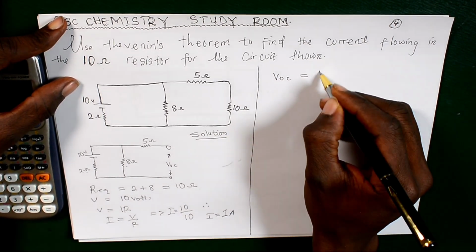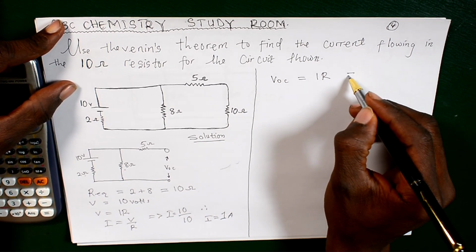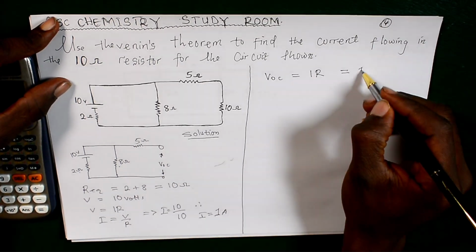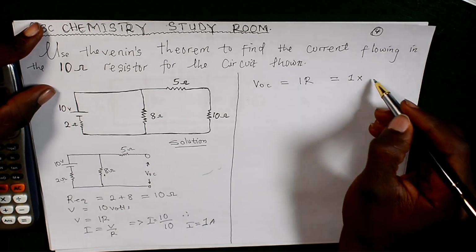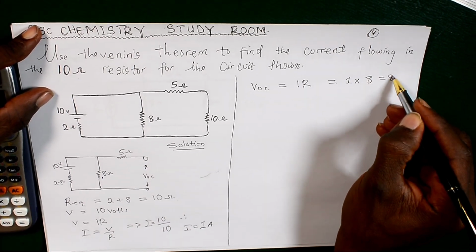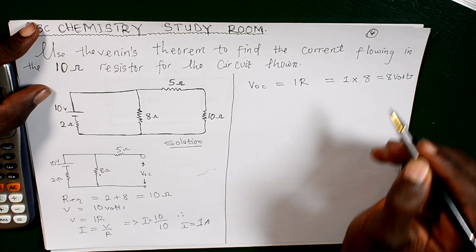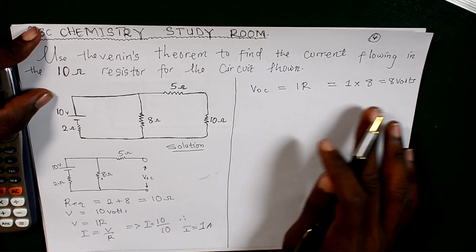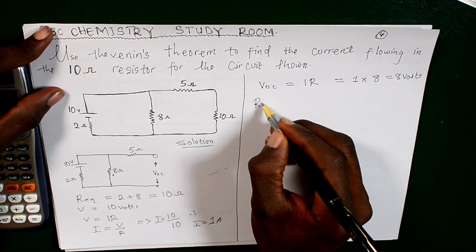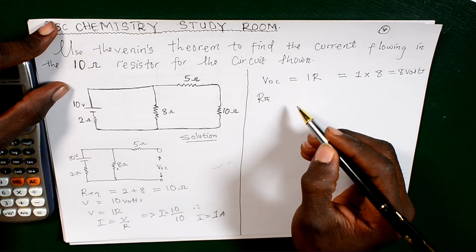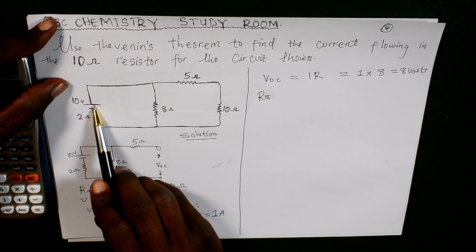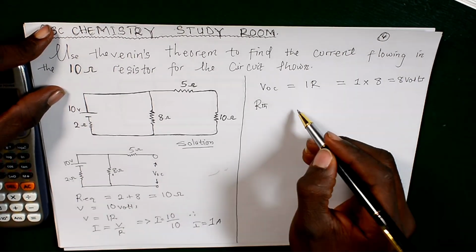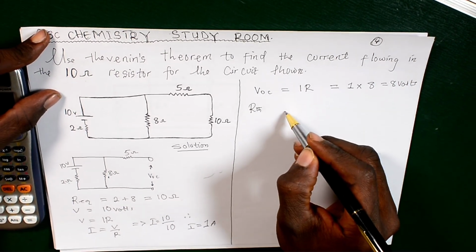VOC is equal to IR, which is equal to, the I is 1 times this 8 ohms resistor, 8, which is equal to 8 volts. So now, after finding this, we are to find R Thevenin's. To find R Thevenin's, we are going to short circuit the voltage. Then this will be